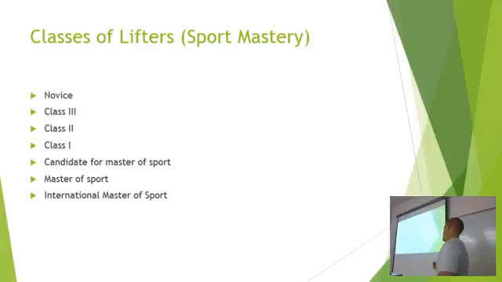So that right there, you could consider sport mastery. You made it. You're at the highest level that you can possibly play. In weightlifting, it's very, very similar. You're going to have what's called a novice. A novice is generally a beginner lifter, and this is all strictly based upon tables given through the Eastern Bloc literature that we were talking about earlier, and what your weight class is and how much weight you do on the snatch and clean and jerk. So your novices are going to move very little in the grand scheme of things. Now as you get better, and as your total gets better, so your snatch gets better, your clean and jerk gets better, you're going to move to a class 3.